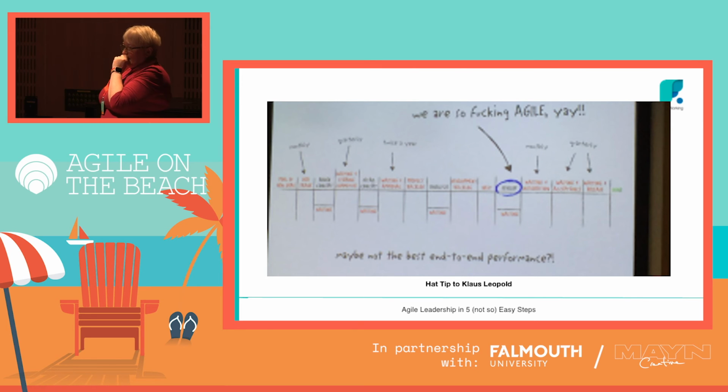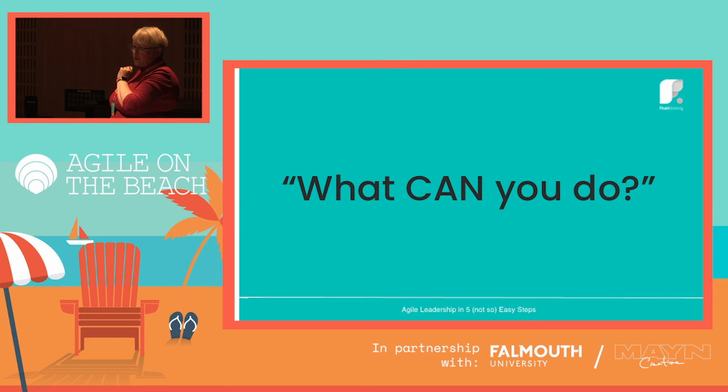So, this is a great example of what happens when a vision isn't shared. It's not shared across the whole organization. And the work is not related directly to the vision. So it's only related to the small piece that we work on in IT, perhaps, in this direction. And it shows what happens when you optimize locally and you don't think about the whole thing as a whole. So, it's easy to feel overwhelmed. You look at that picture and you go, holy crap, I couldn't fix that in my organization.